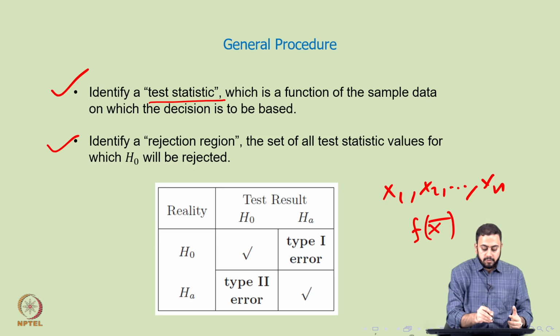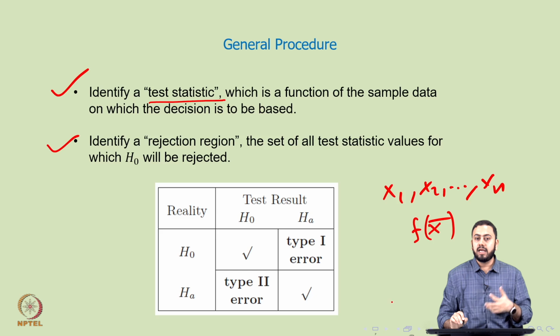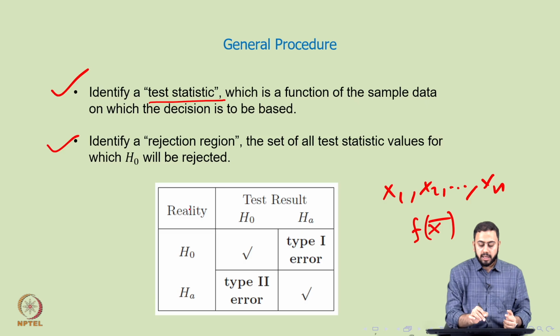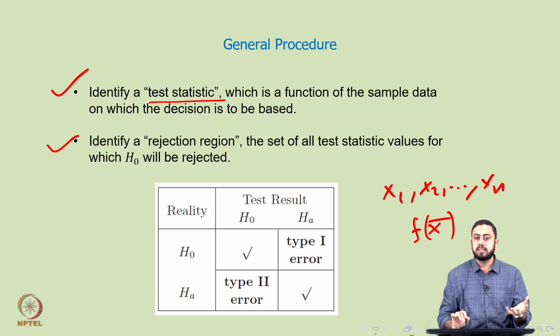Now immediately I can write down this very neat table here, isn't it? So now I will try to explain this very briefly. The first column you see is reality. What exactly is the truth? Now again, the reality can be one of H naught or HA. So either H naught is correct or HA is correct. Okay. So the first column is reality, and the first row gives you the result of the hypothesis test.